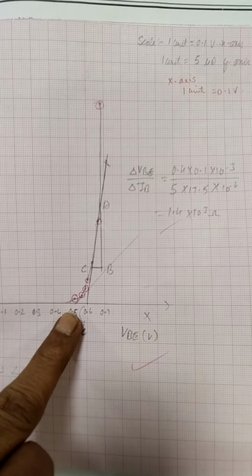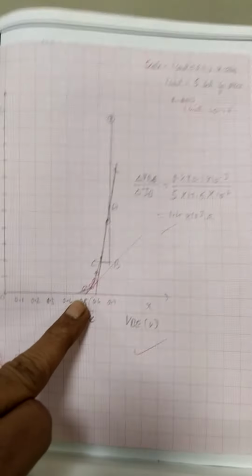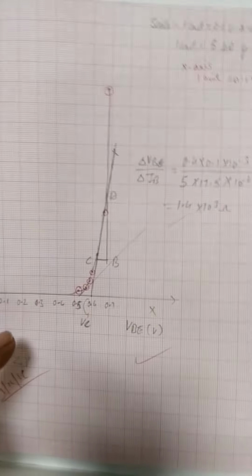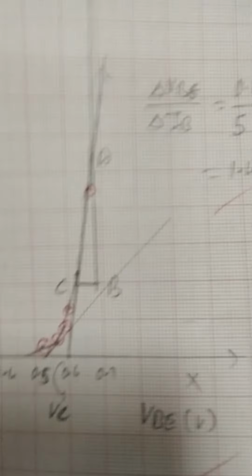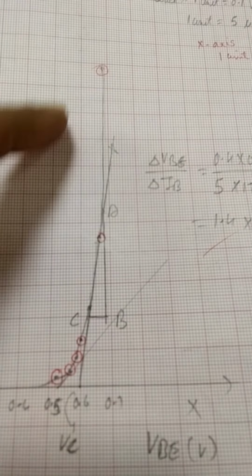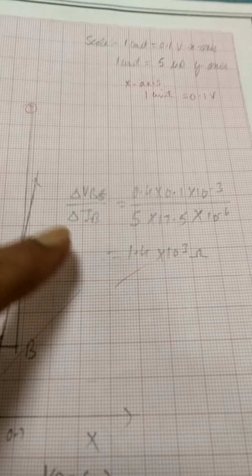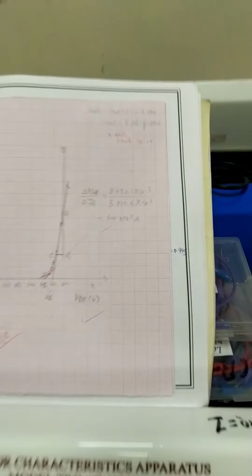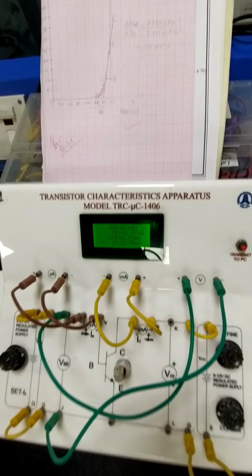Suppose it is a silicon material, you will get some 0.6 to 0.67, isn't it? Otherwise, some higher values. What values you get depends upon the nature of the material, and you will get the knee voltage by plotting this tangential line. Similarly, you can take the slope between any two points. The slope, delta VB by delta IB, will give you the forward dynamic resistance of your transistor in the input characteristics. Now we look at the